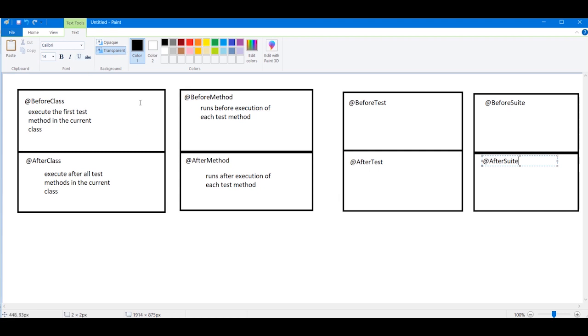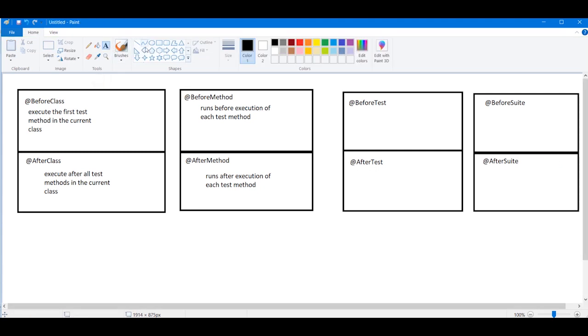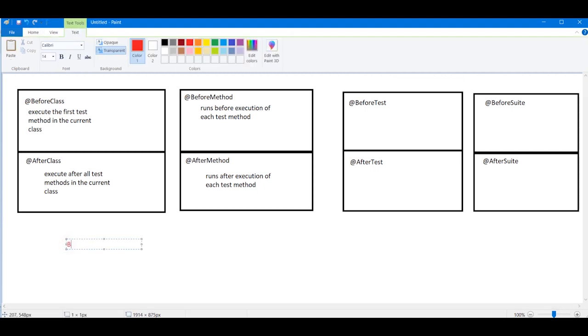First and foremost, the code reusability concept.